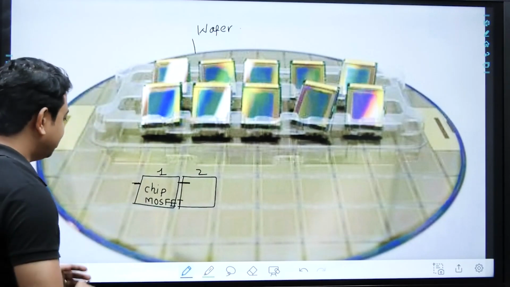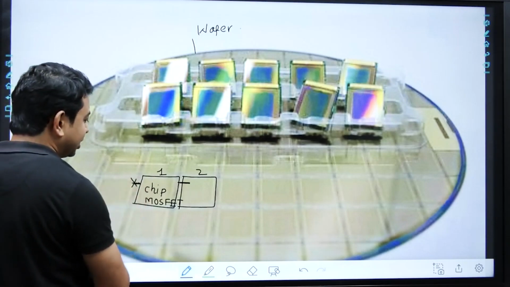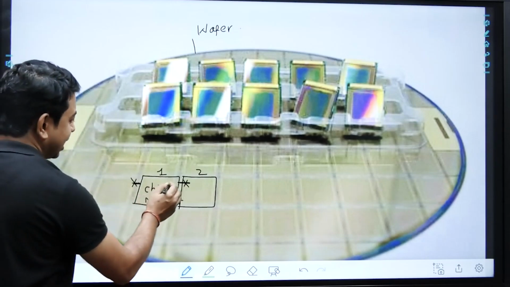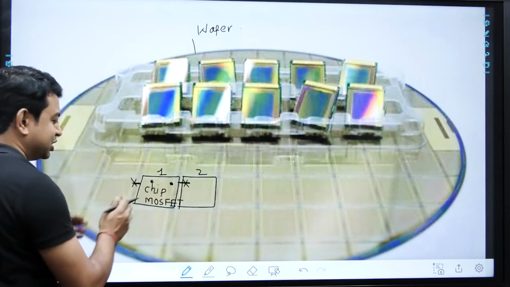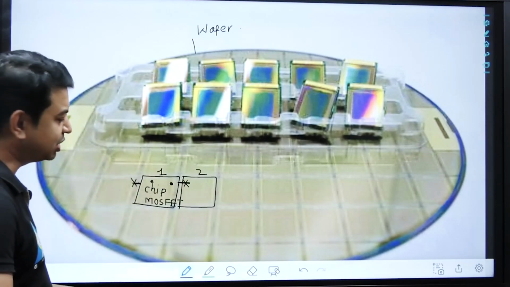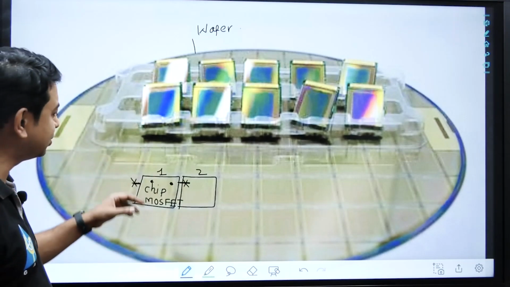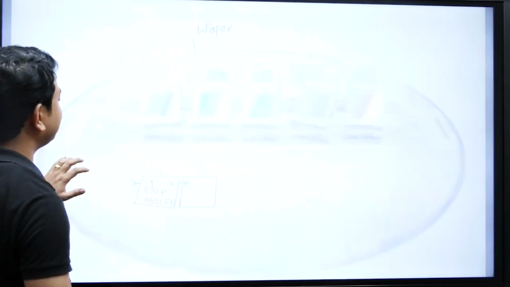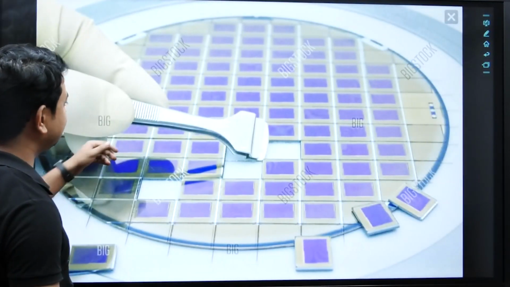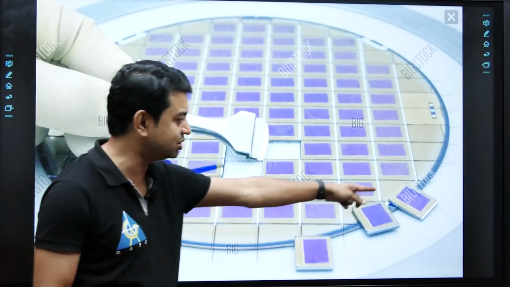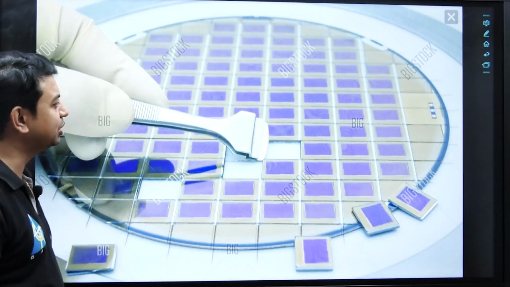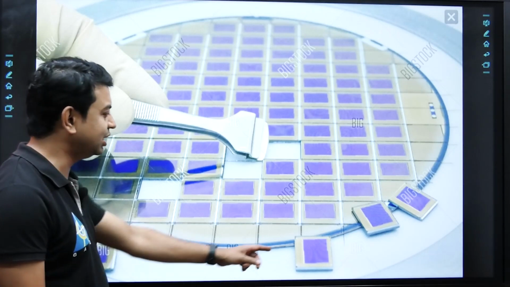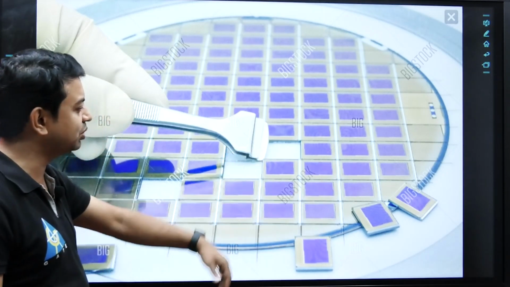So we have to remove this particular connection from here, and this particular connection from here, and everything that we want to connect must be taken from the top surface of this particular chip. I have another diagram so that you can understand that we are removing these chips. Okay, I think this is visible to you. If not, then please take a snapshot, and we can take these chips one by one after fabrication.